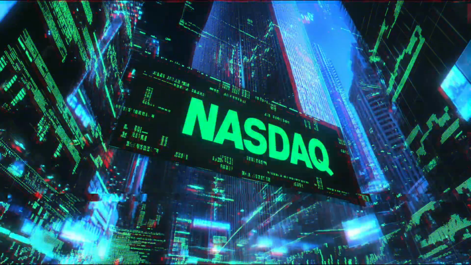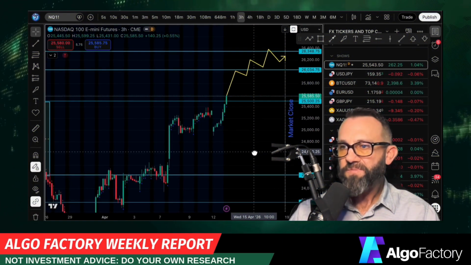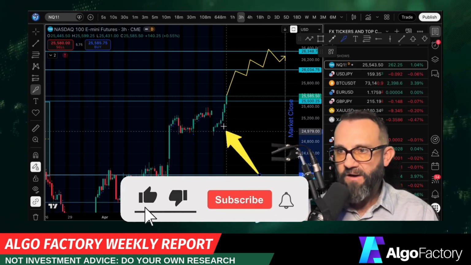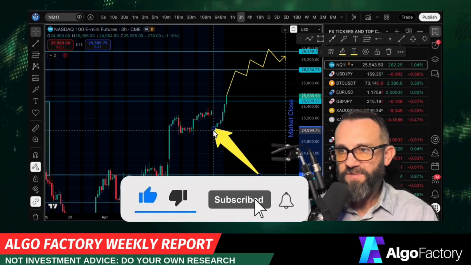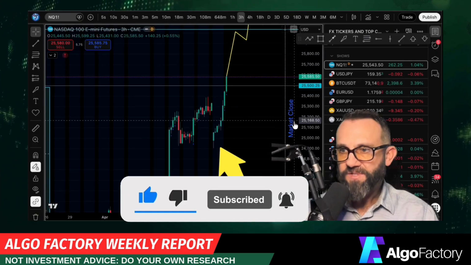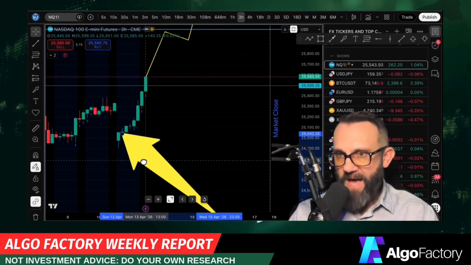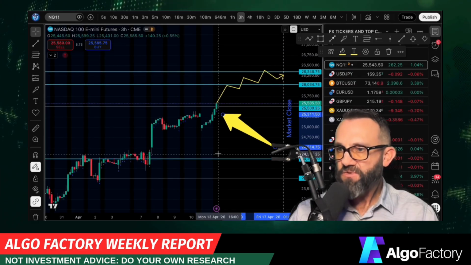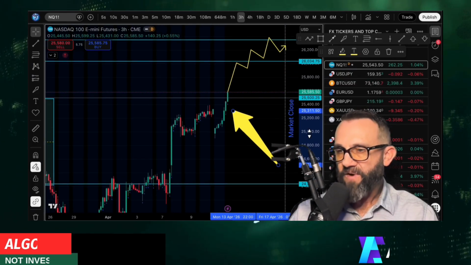So let's take a look. Okay, so we had some news over the weekend about the negotiations between US and Iran stalling, and that caused a massive gap down in the market open. You can see that when the futures opened on Sunday, the market gapped down massively, but it came roaring back. So basically, the market seems to think that the hostilities are over for now, and that does go along